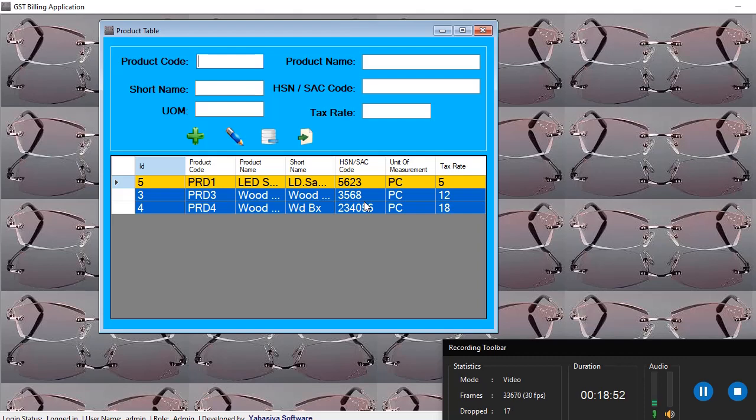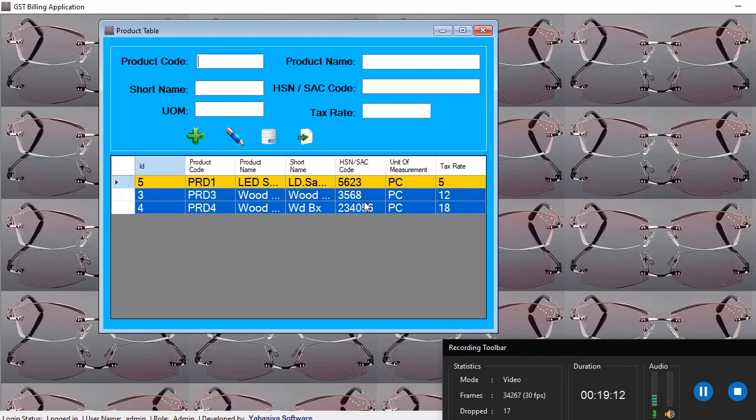Similarly, the measurement. For example, let us take sugar. You are selling sugar in kilogram today. Tomorrow you will not sell it in pieces. So it will always be in kilogram. So the unit of measurement also will not change. Tax rate also will not change very frequently.